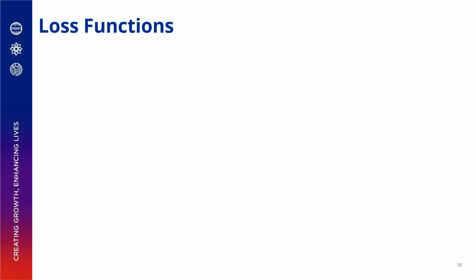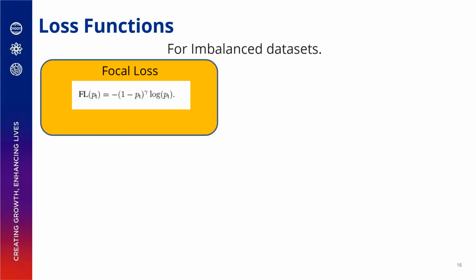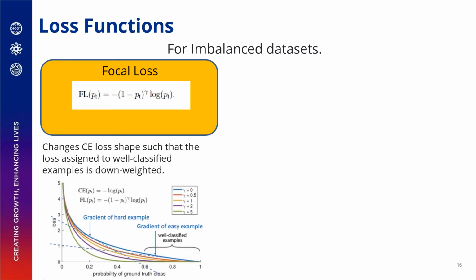Now, what happens if you have really highly imbalanced data sets? For imbalanced data sets, you would use something called focal loss, which originated out of the RetinaNet paper, a very highly cited paper. What it does is it changes the cross entropy loss shape such that the loss assigned to well-classified examples is downweighted. What that really means is, if you look at the graph over here,